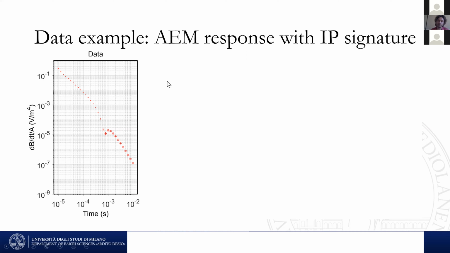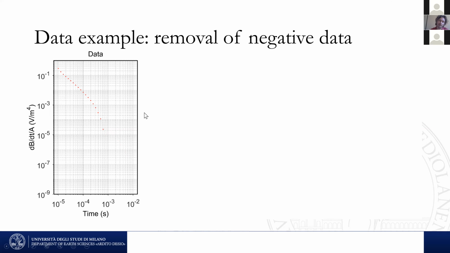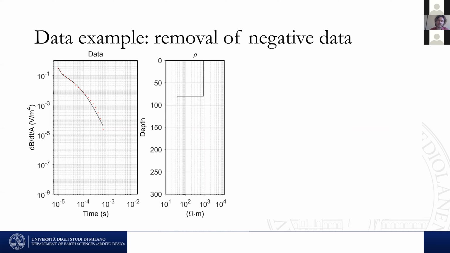The typical thing that has been done for decades has been simply to take all the decay, remove the negative data, and try to invert and interpret the positive data alone. If we keep all the positive data before the change of sign, often what we see is that we are not able to fit the data well enough. But then the typical strategy in the industry has been to... this is something where maybe also from the inversion model we might recognize that something goes wrong, because in this case, for instance,